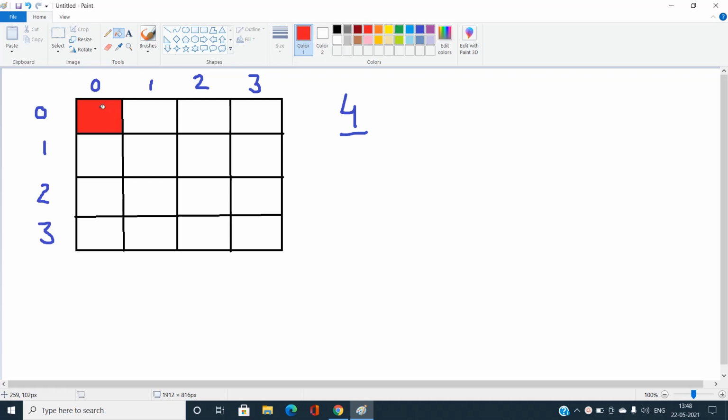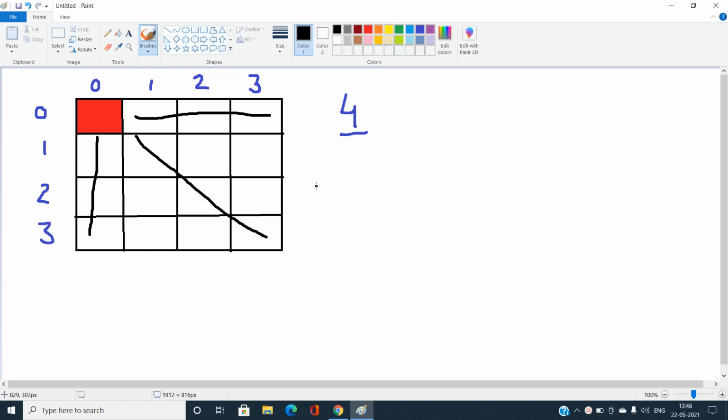Okay, if I try to fill it over here, I cannot place any queens on these positions. That is, if I place a queen at 0, 0, I should not place any queen on this position and this position. I think you are aware of the concept of different pieces on the chessboard, like rook, king. Rook is going to traverse the entire row and entire column. Similarly, queen is going to work in a diagonal way also,